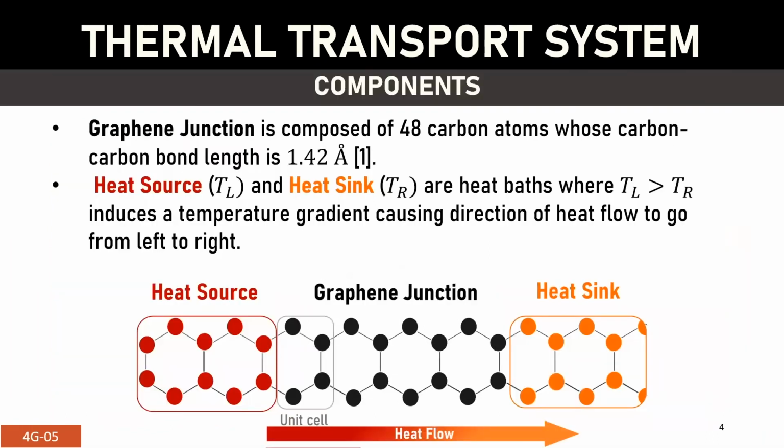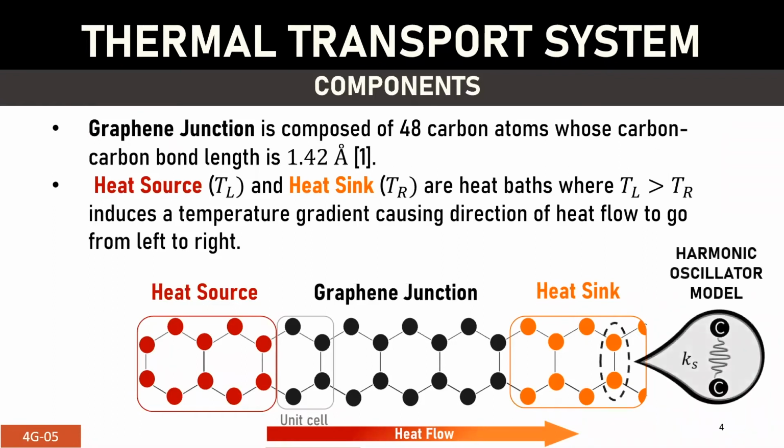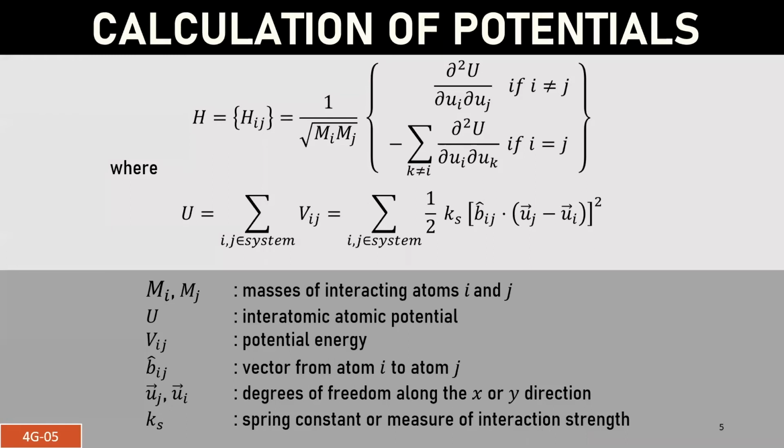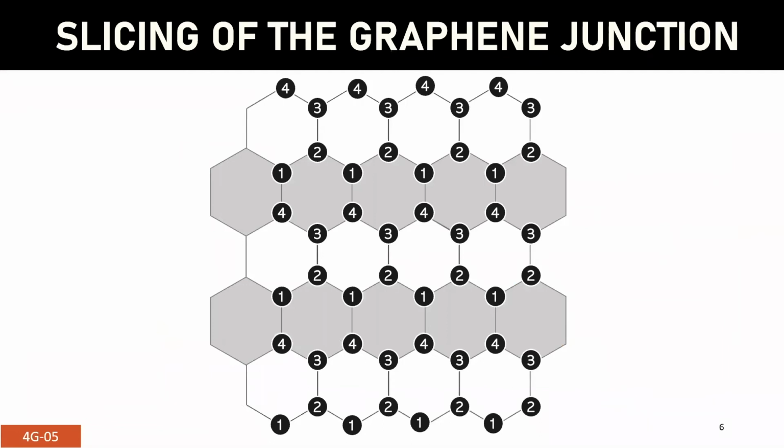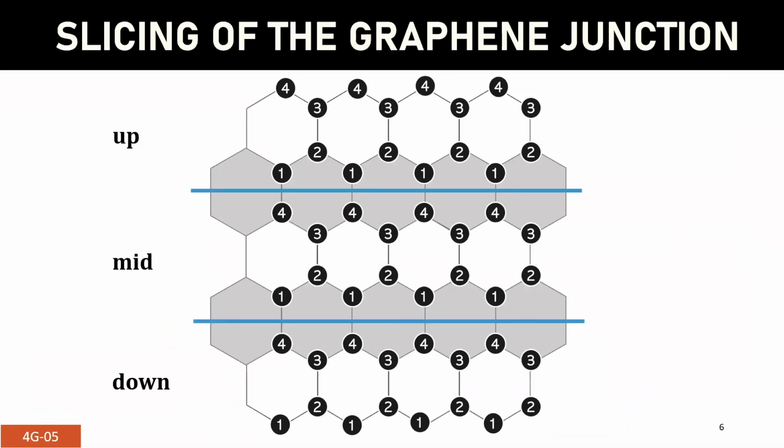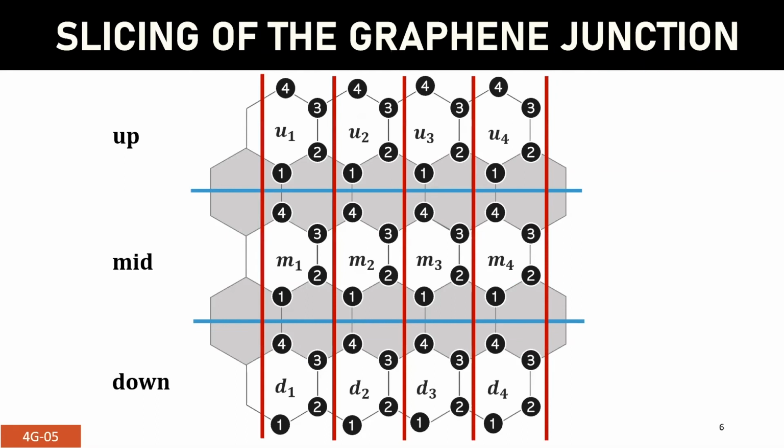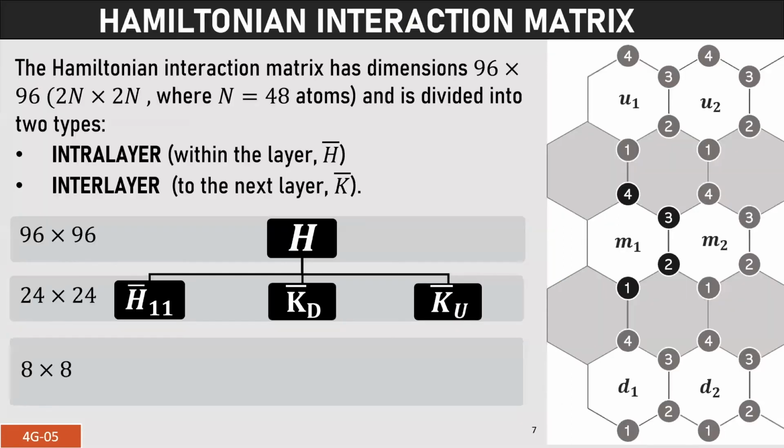This configuration induces a temperature gradient causing heat to flow from left to right. Also, in this system, carbon atoms are connected by springs, each with a bond stretching force constant we call Kf. First thing we do is to acquire the Hamiltonian matrix where we calculate potentials per interaction. To do this systematically, we slice the graphene junction of 48 carbon atoms into 3 horizontal layers and 4 vertical layers. We then have dimensions 96 by 96 for the Hamiltonian matrix, where it's divided into 2 types, intralayer and